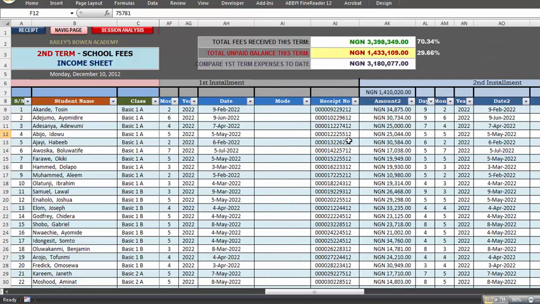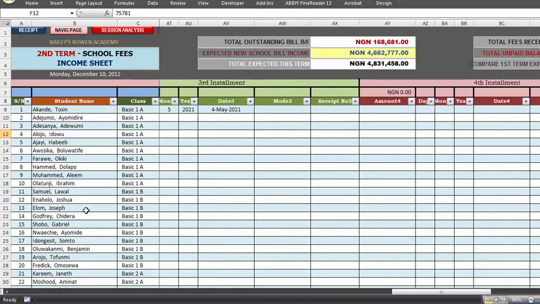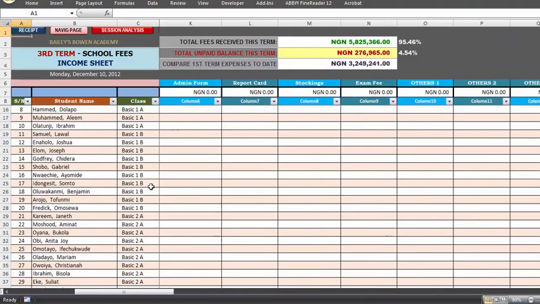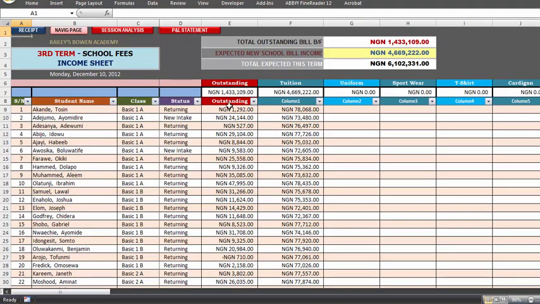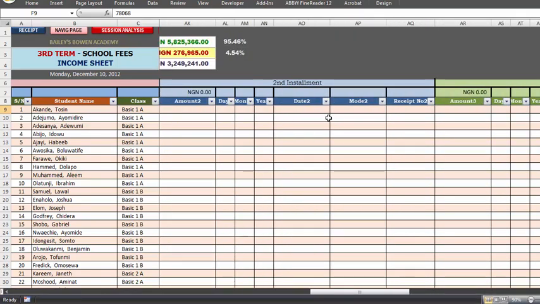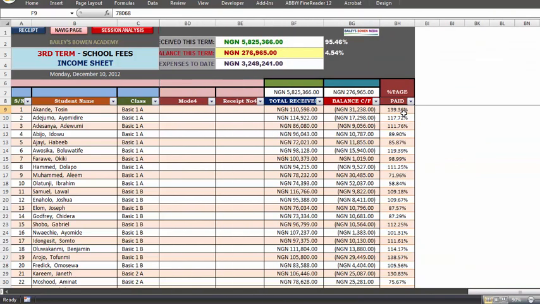Okay, so basically it's the same with the second term, first term, and third term. It's also the same build up. The outstanding is going to come from the second term this time around, and then you can start to build up the school fees. Accept payments,